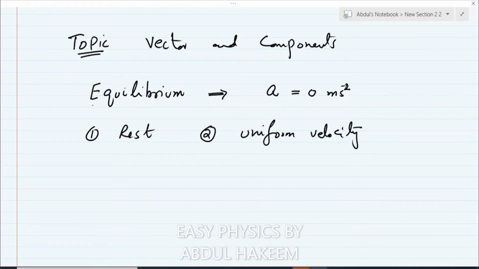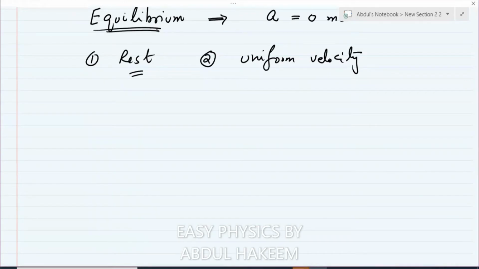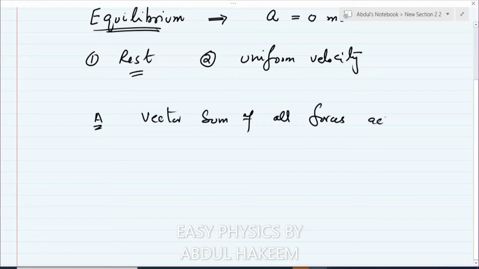In the state of equilibrium, acceleration in the object must be zero, and acceleration is zero when the object is at rest or moving with uniform velocity, not speed. Velocity is a vector. So we will write uniform velocity. Then the vector sum of all forces acting on the object